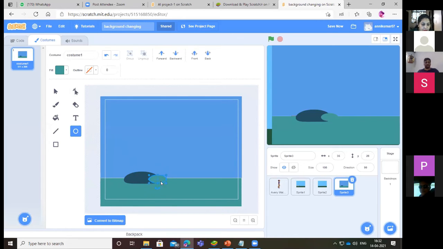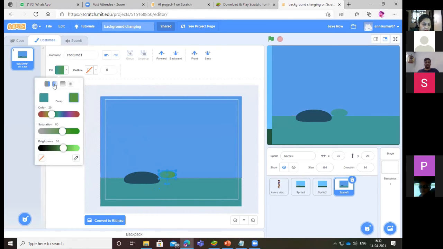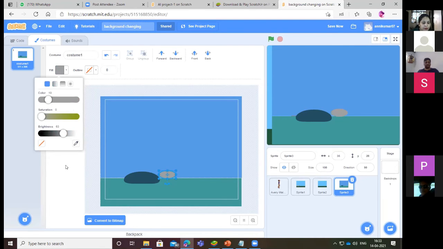Similarly, we need to have the color. You need to check the color. Okay, now it is done.